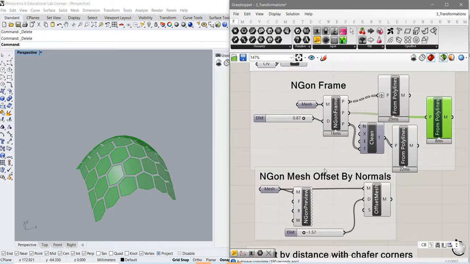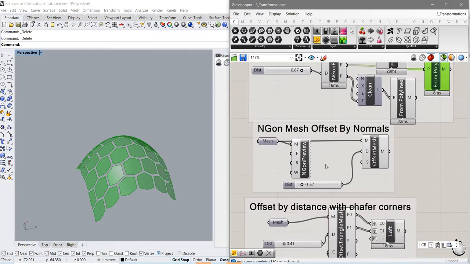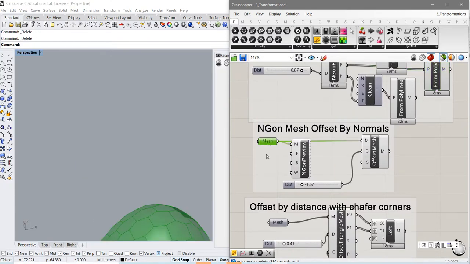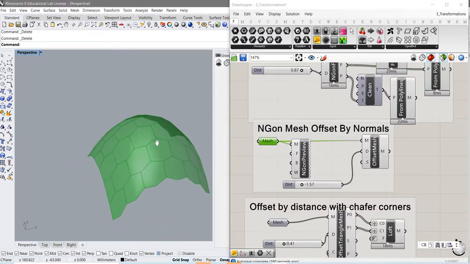This is also very useful for architecture designers. NGon mesh offset by normal. Okay, let me